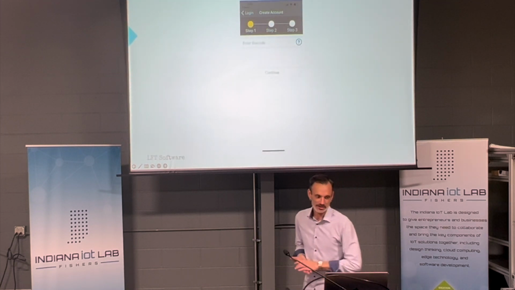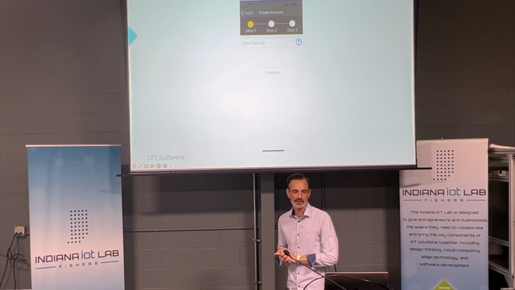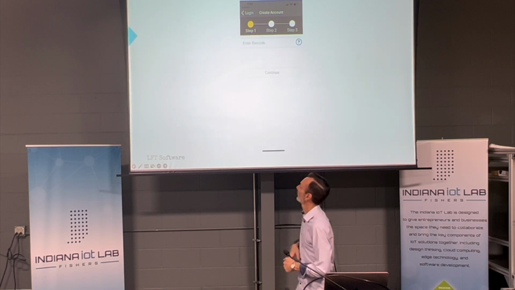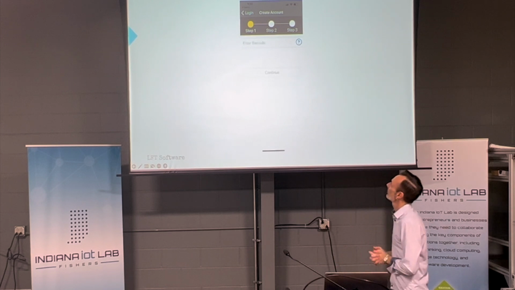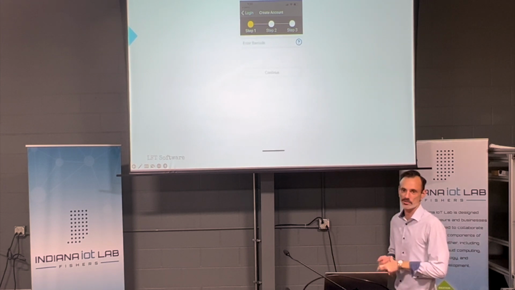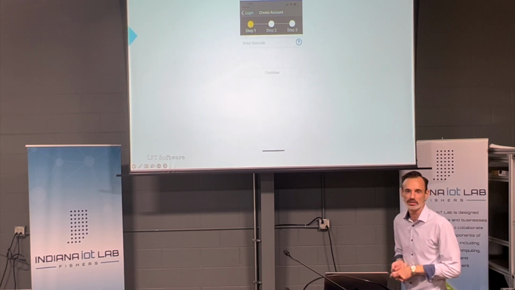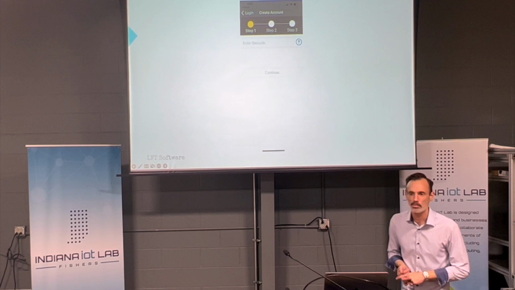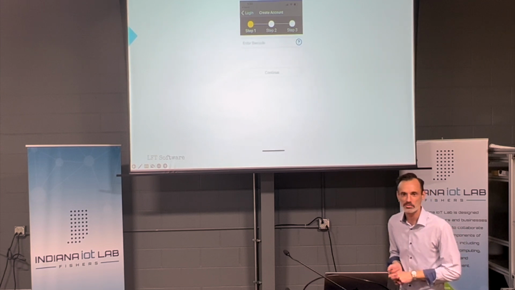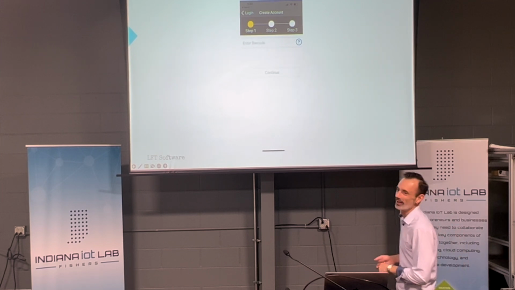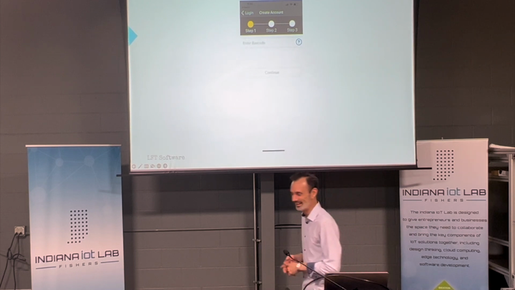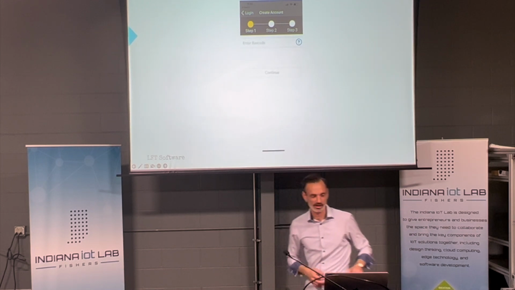So this is actually an app from LA Fitness, which I just joined not too long ago. And when I clicked on the create account button, as I was instructed to do, this is the very first step. Enter barcode. Enter the barcode of what? What are you talking about, enter barcode? I guess that's what you do when you are a robot. Yeah. I don't have a tattoo for barcode.